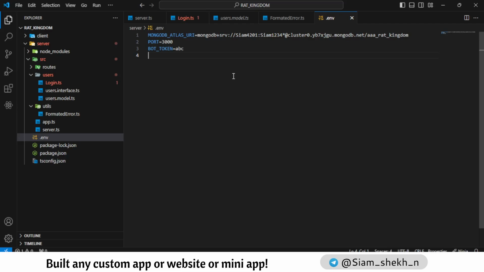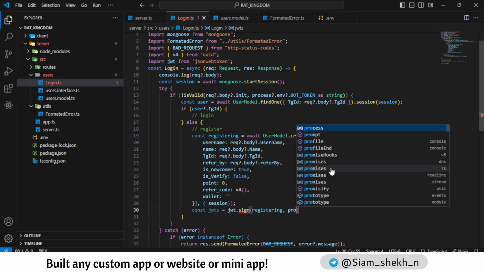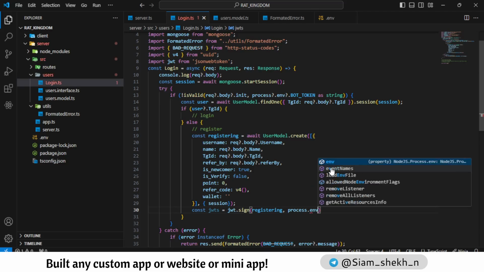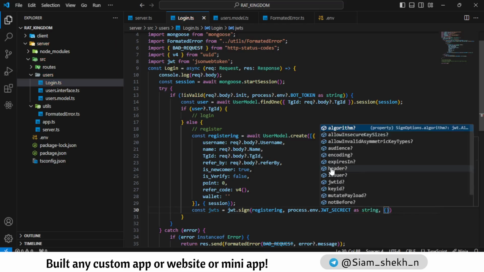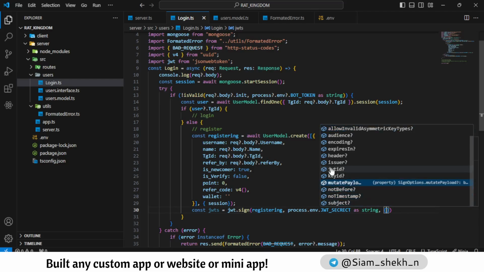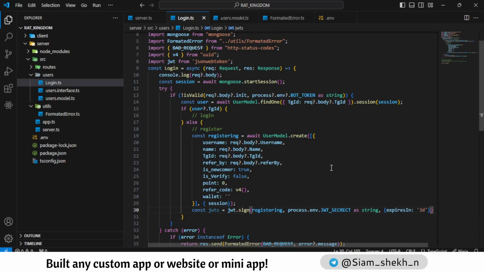Here we write JWT secret, and that is ABC. We will write something more here later. Process.env, that is a string, and then we can pass some options like algorithm, expiresIn, JWT ID, mutatePayload, this kind of thing. So we just write here expiresIn, that should expire in 3 days. Yeah, okay,